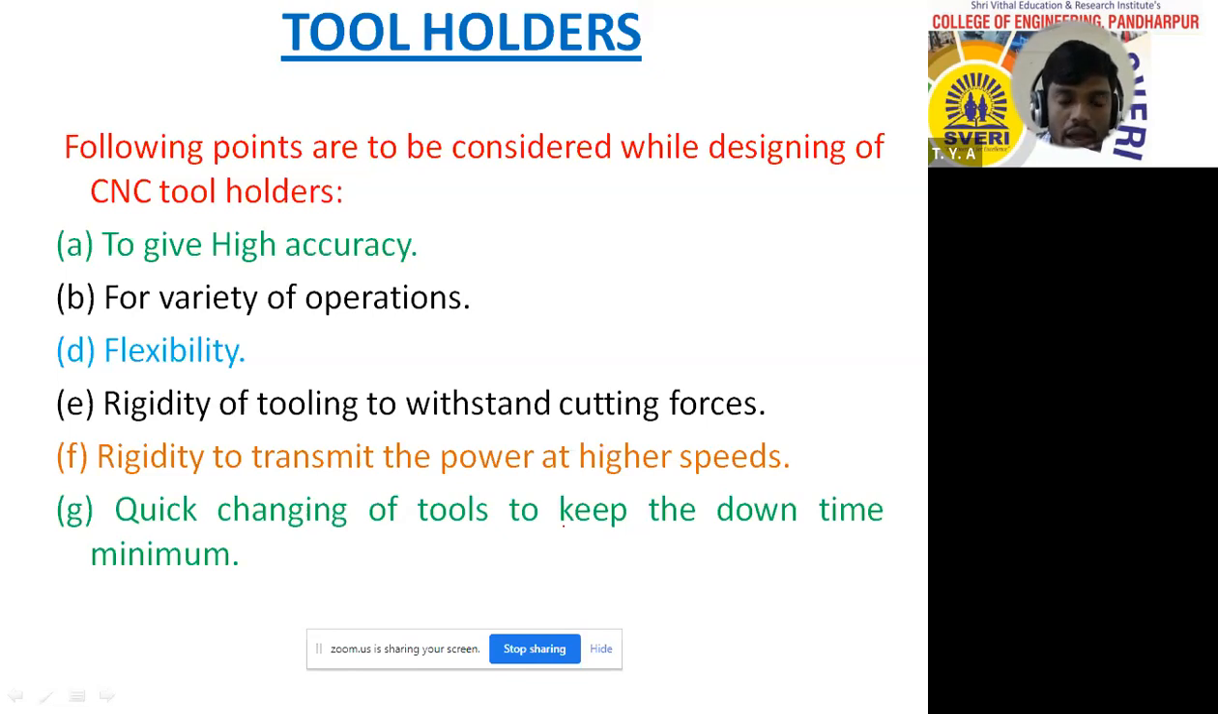So at the time of designing a tool holder, you should keep one more thing in your mind. Within minimum time, how can we change the tool? That setup you have to take care of, that setup you have to design, so that it directly leads to minimum downtime, and that will increase your productivity. That is a very important thing. Okay, so these following points, as a designer, you should keep in your mind while designing any